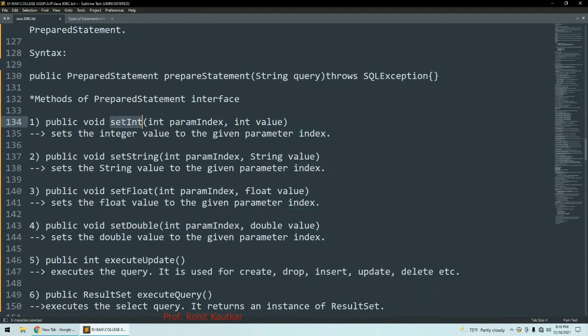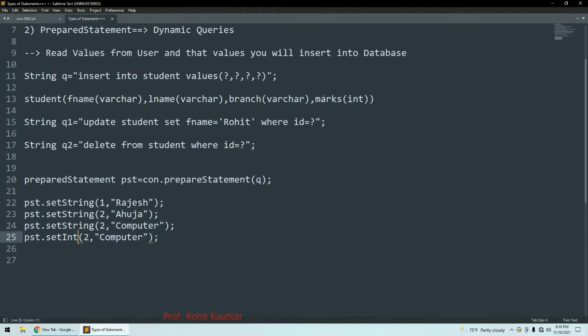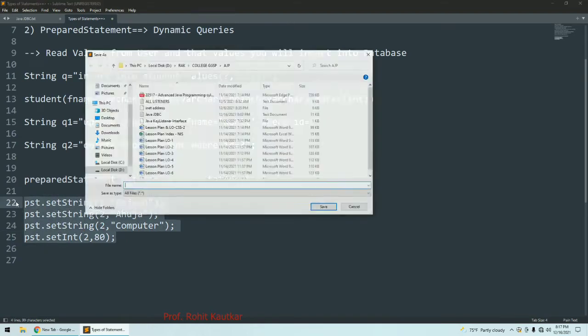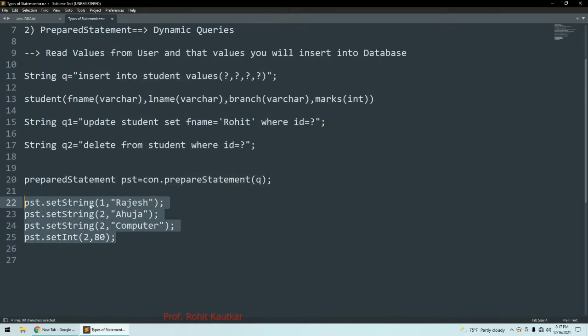What is that method? You can see setInt. So it is used for setting the integer value. So what integer value I want, I can set that value here like this. Suppose marks are 80 marks. So this is how parameters will be passed to the prepared statement.